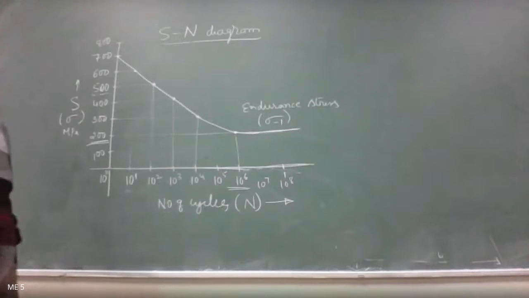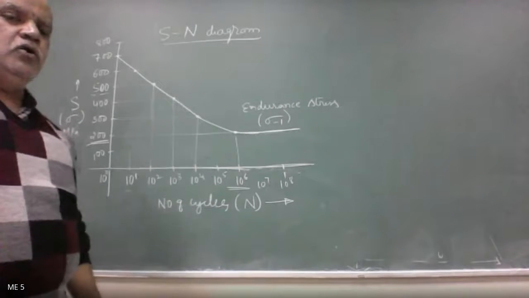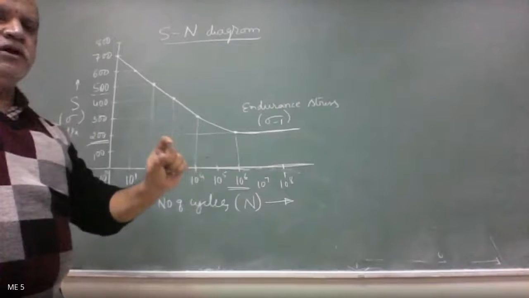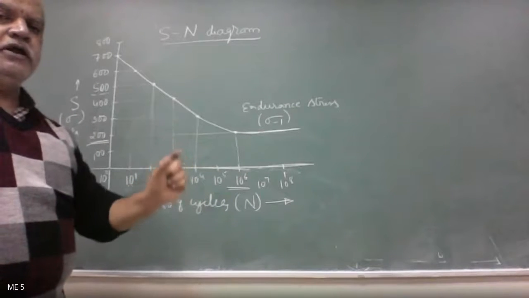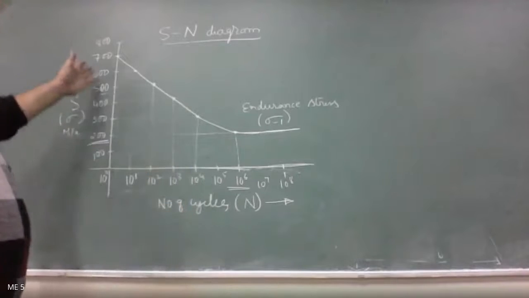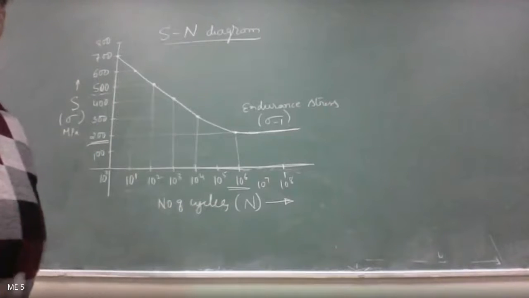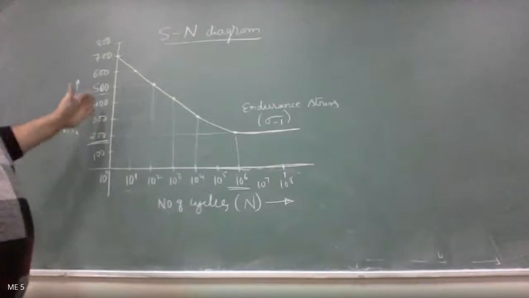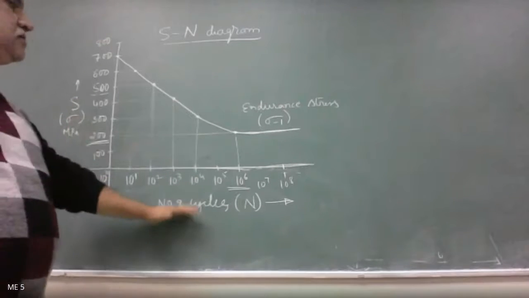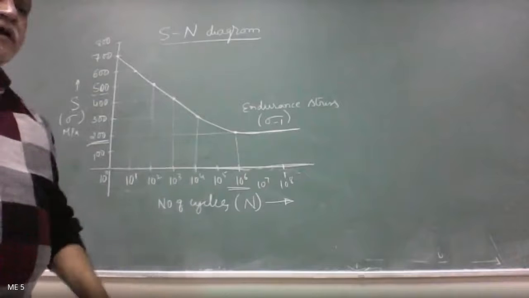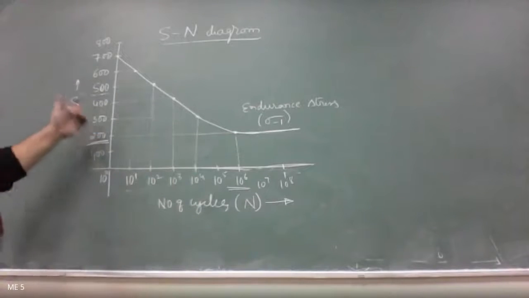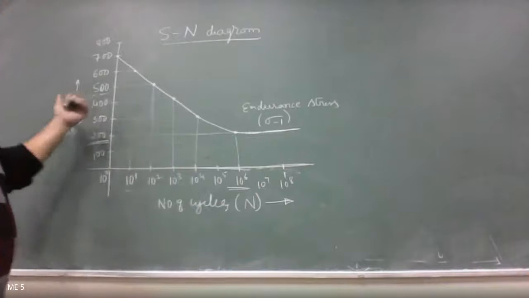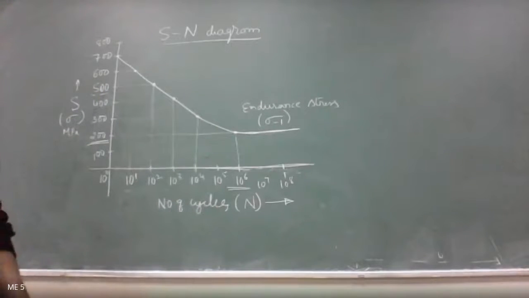So in the video that we saw yesterday, he was taking loads and converting them into stress, using a 6 mm diameter specimen. We calculate the area, and whatever the load divided by the area of cross section gives you stress. So the plot between stress versus number of cycles is called the SN diagram. It gives us a clear picture of how many cycles a material can withstand against a given stress value.